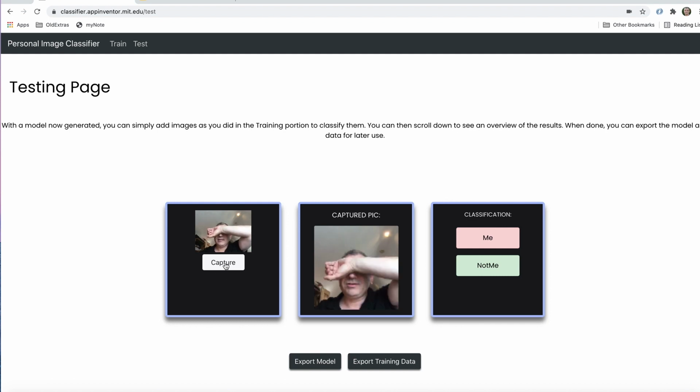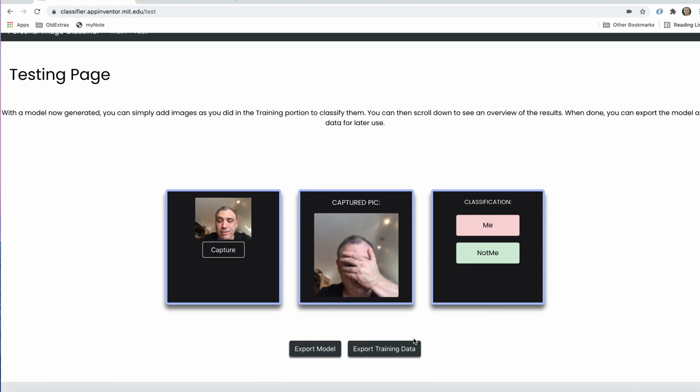Let me try my hands a little bit, my fingers spread. Still recognizes that. How about if I just put my finger here? Let's see what's going to happen. It can see the majority of my facial area, so it recognized this as me. So you could test to your heart's desire as many times as you want, and when you are getting correct